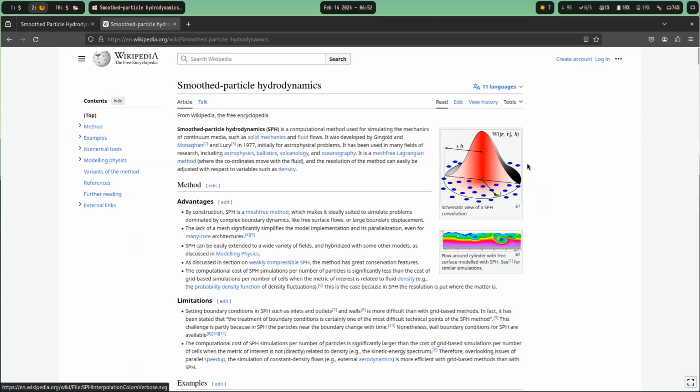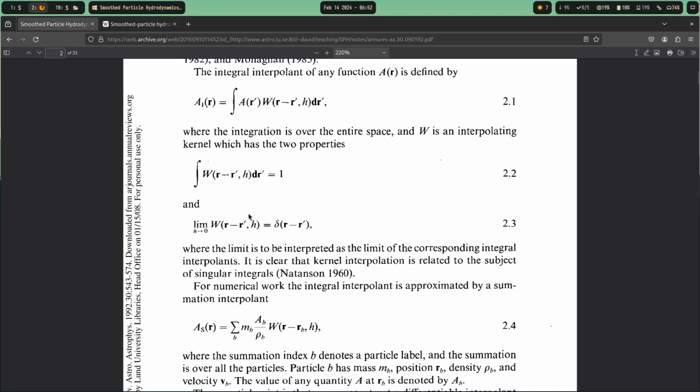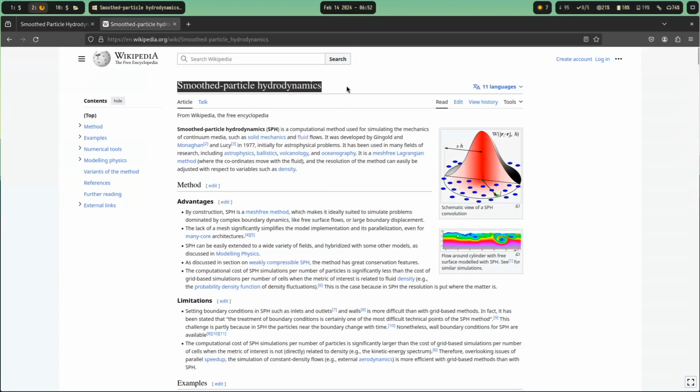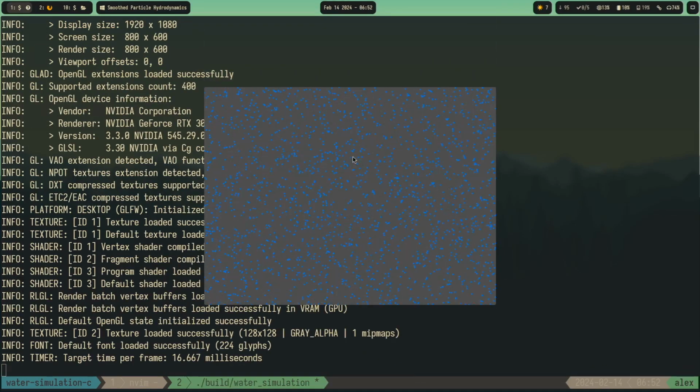Okay, so this time let's actually look into some actual papers and implement the particle simulation that we tried last time. But yes, this time successfully, of course. So yesterday I looked over this multi-particle hydrodynamics thing, and I found this paper which has a lot of math, but we can go through this thing step by step and try to implement each thing to get our simulation to look nice. And so far I've just reset everything to just having the positions and being able to reset the